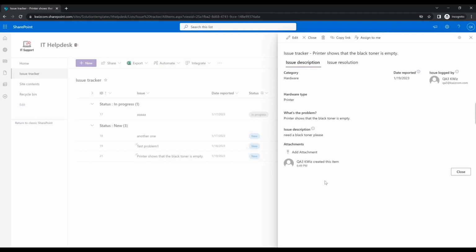So I'm looking at this issue and it looks quite simple, so I would like to work on it. So I need to assign it to myself, and this button, assigned to me, is configured to be displayed only if I'm a member of the IT Helpdesk engineers group, and also only if the issue is not already assigned to someone else, so it's in new status. So let's click this button,